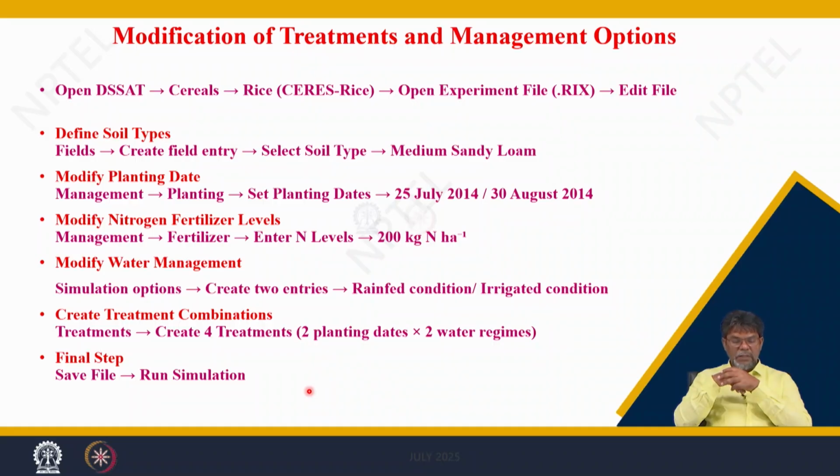If you remember that, it is well and good. You can also go back and refer to those lectures which were given for the experimental data inputs. So, following those lectures, you can make the data inputs and create the treatments for this exercise, that is, two weather conditions because of the two different planting times, let us say 25 July and 30 August in 2014, and two different water management conditions, rain-fed and irrigated, which can be created in the simulation options. Once you do this, then you can go and make the treatments.